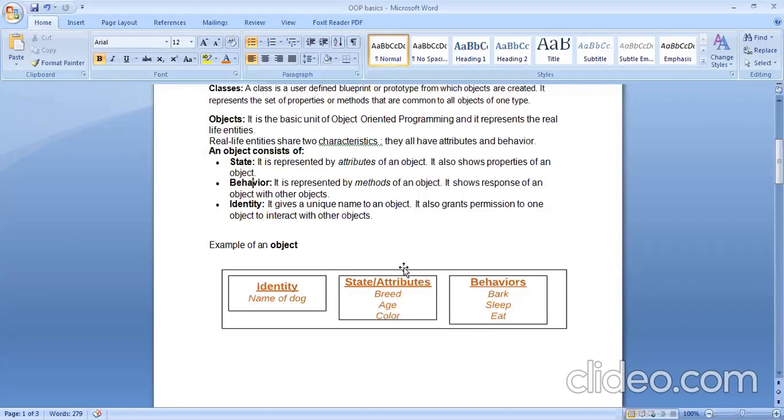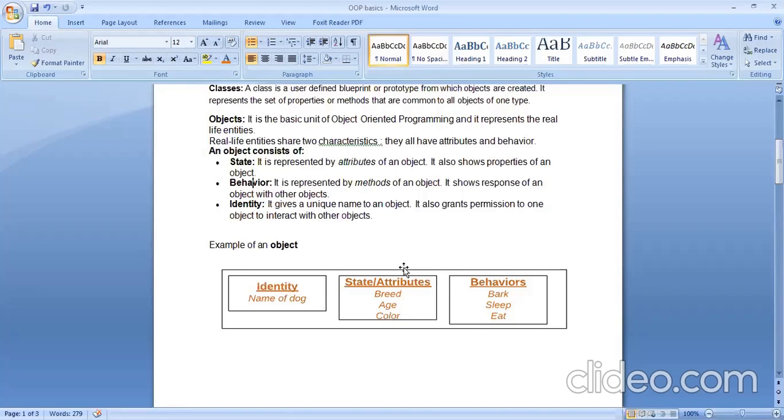Yes, ma'am. So if anybody asks you what is an object, you don't have to remember your book definition for this. Anything around us that we see is an object. Anything that physically exists is an object. To be an object, it is very important to have an identity that will help us to identify the object, such as the name, or if you are students, then you can have your roll numbers as your identity.